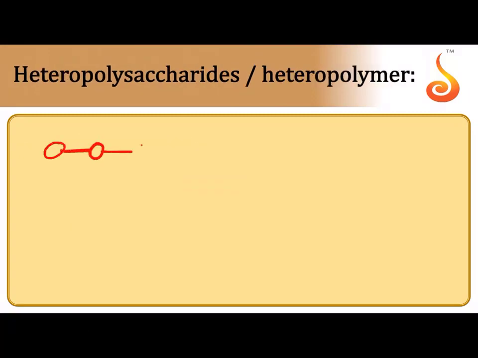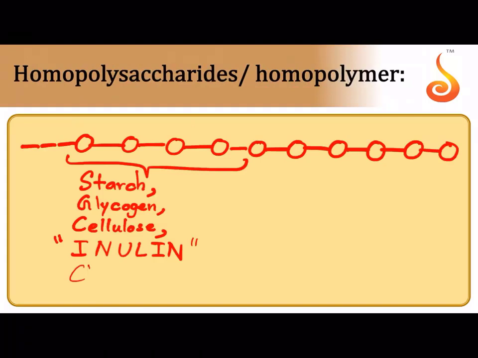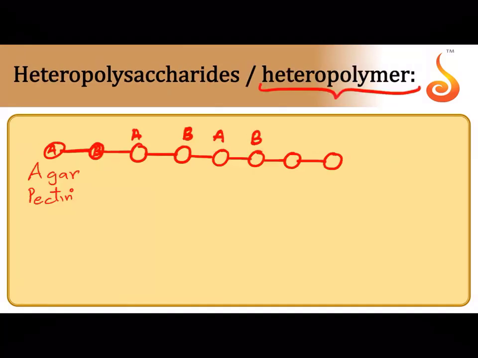Now imagine that each sugar unit that makes up this polysaccharide is different, or it is a mix of 2. Say for example, it is of A type, B type, again A, B, A type sugar, B type. Then we call it a heteropolysaccharide. Some of the examples for heteropolysaccharide include agar, then there is pectin, and I forgot to include chitin is also a homopolysaccharide. N-acetyl glucosamine is repeated in case of chitin. Pectin, and then we have so many other examples.